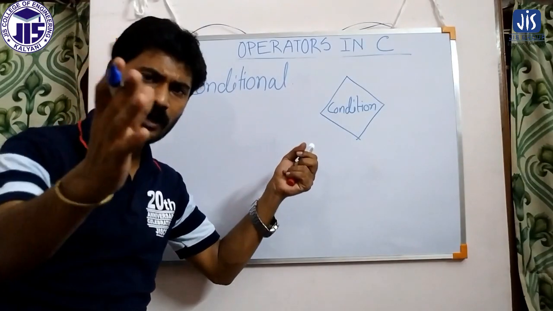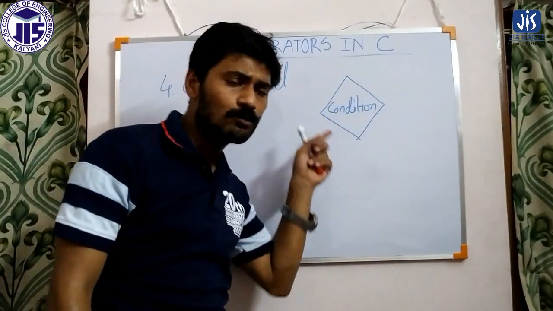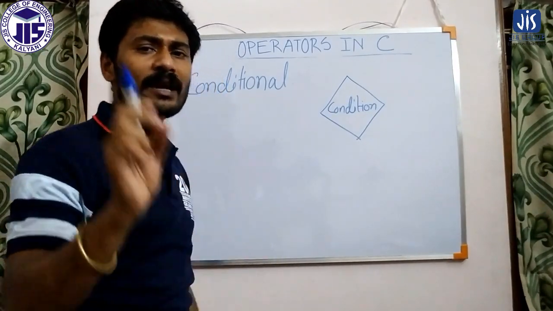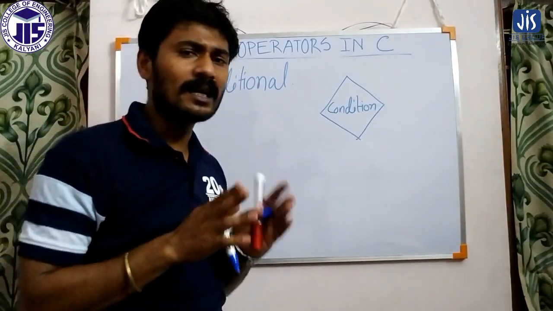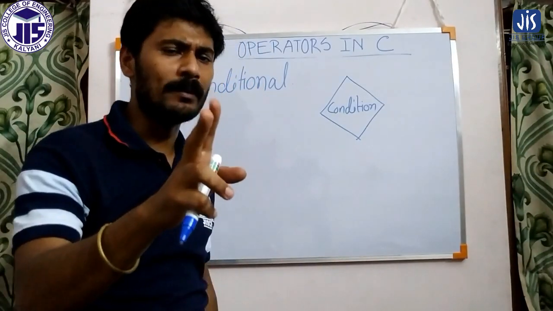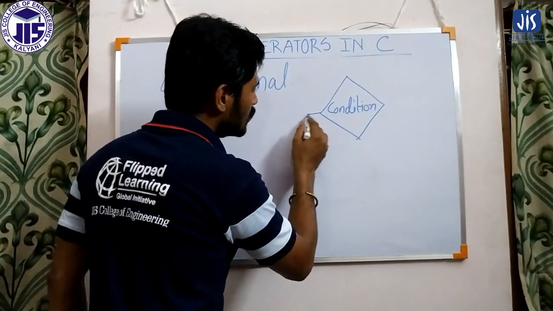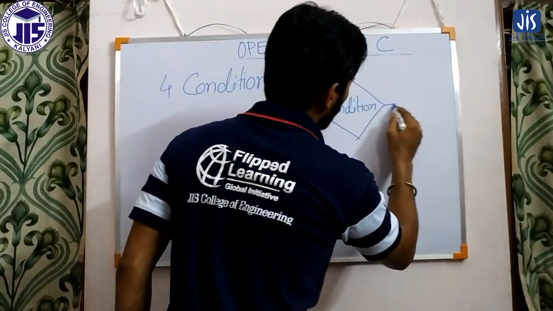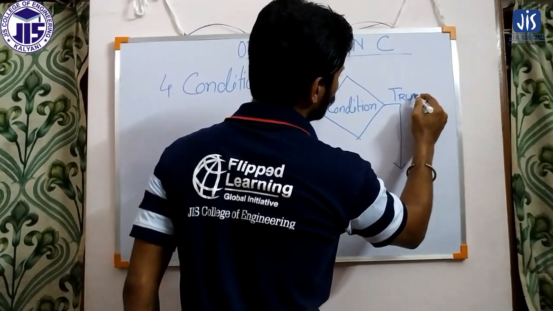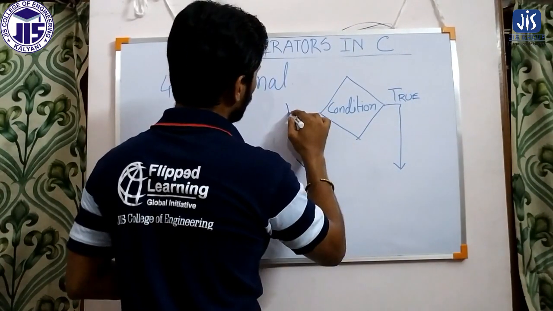In a flowchart, as we already know, we can represent the condition in this way. So this is my condition. Now every condition has two probabilities: either the condition will be true or the condition will be false. So basically there are two probabilities. These are the two wings. This wing is for true and this wing is for